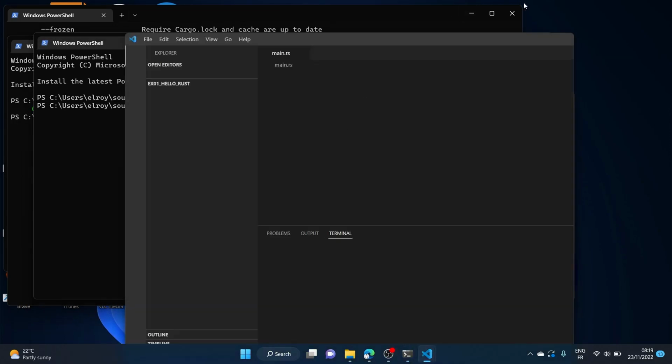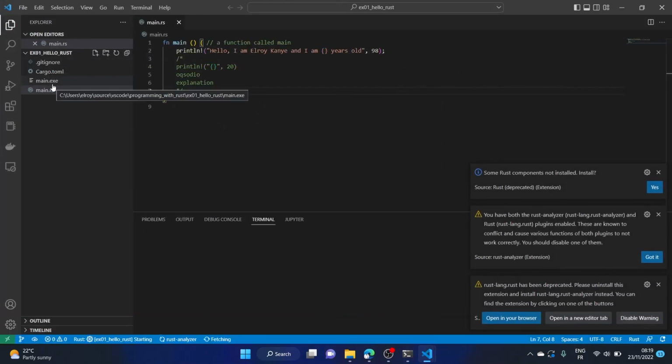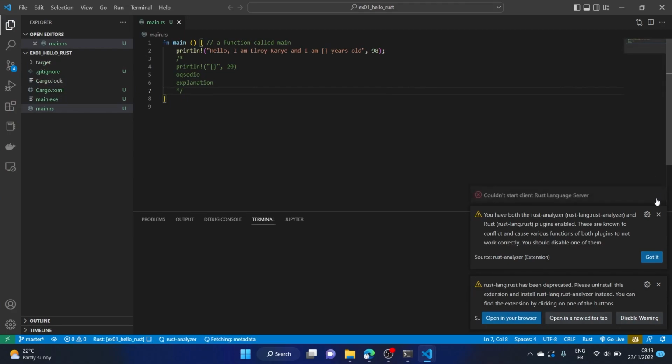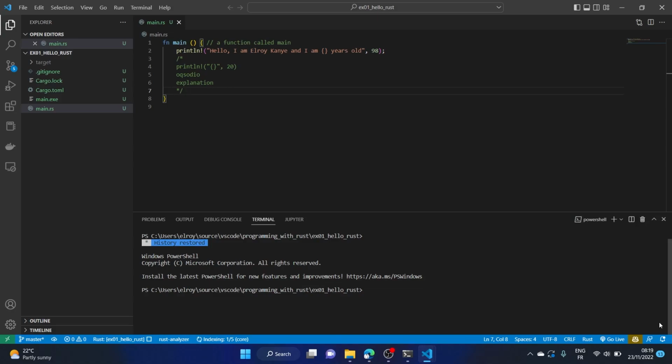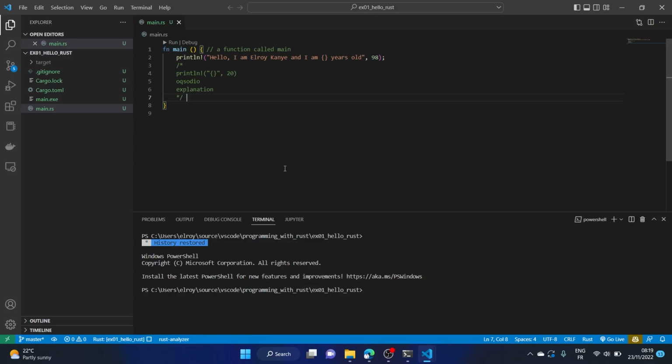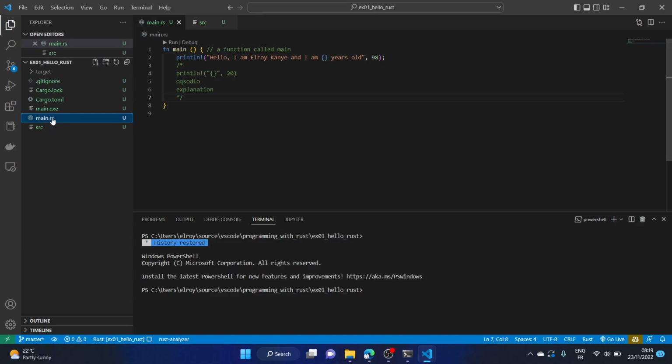If we open this in VS Code once more, we'll see that these same files are provided here, but this time the source folder was not provided to us because it's assumed by cargo that we already had source code in this directory before trying to initialize it. So cargo no longer needs to concern itself with the source folders. If we want to rearrange this, we can now create a source folder to contain all our source code, and we can move